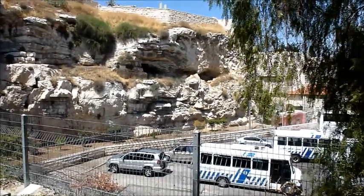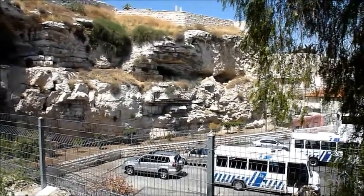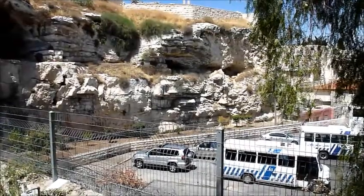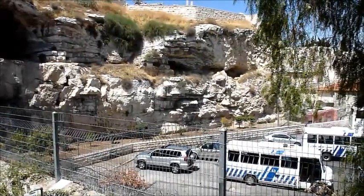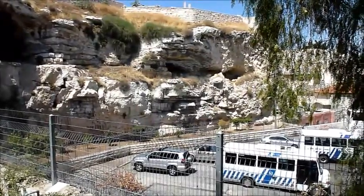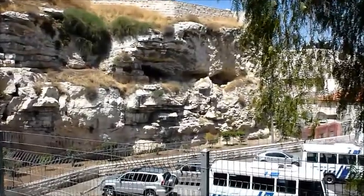Where I am now is in the Garden Tomb. This is an alternative location to where Christ would have been crucified. The Holy Sepulchre was from the 4th century, and this was found in the 1980s by a German archaeologist. And the reason that this is an alternative place is that directly where I'm looking at is a place that